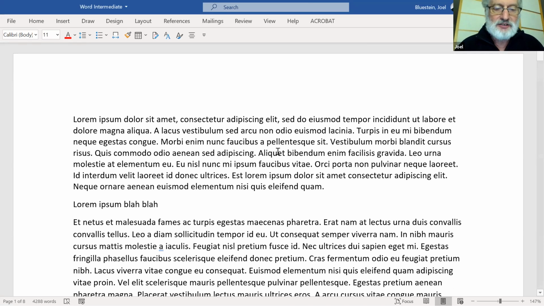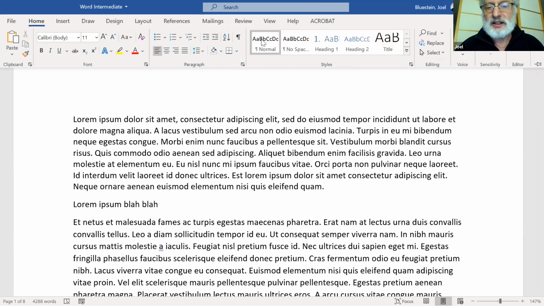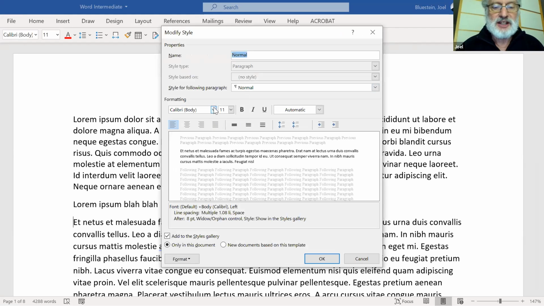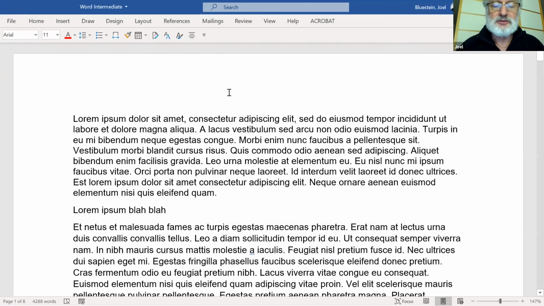So the styles are very helpful. Once you set up the style that you're going to be using, if you're working in an office and they have a particular font that they always use, and they always like things space and a half or single space, whatever it is, you can set up this style so that you will automatically be in the right style. And again, if you right click on it and go to modify, if your office decides, oh, no, you know what, we're going to go to Arial font, and just change it, and everything will be in Arial when you use that style,